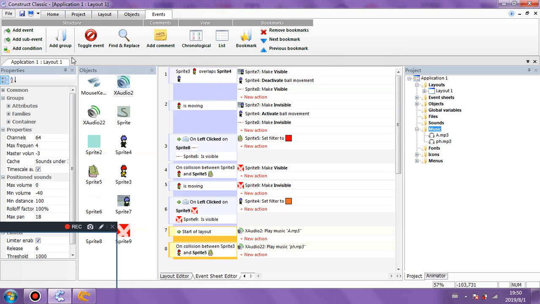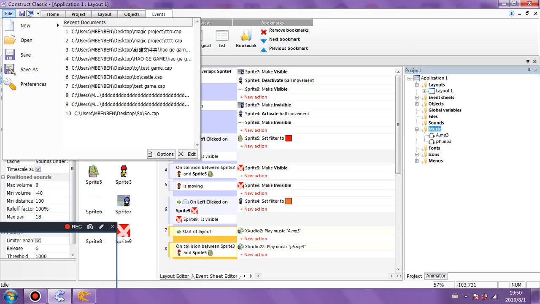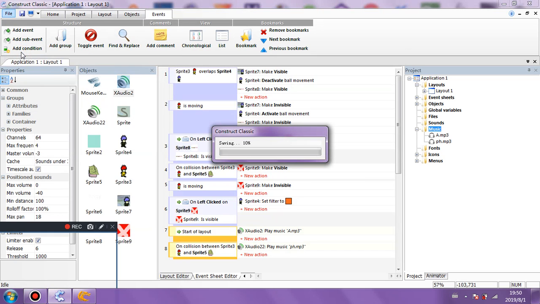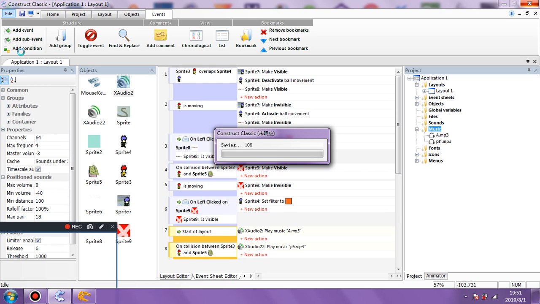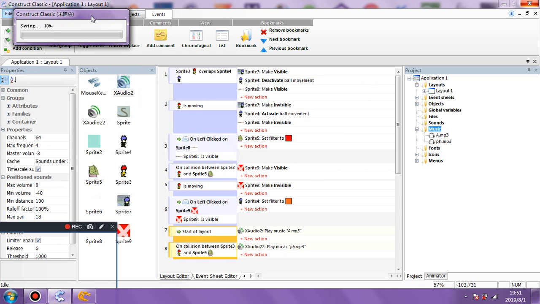So, okay, now we're going to just save it, go to File and Save. You can click on that thing there, I'm just going to go to Save. Okay, and then I'm going to do something in a moment. I'm going to show you something before I actually save the game out and try the actual game. I'm definitely going to take a screenshot of what we've got here, this setup, because that's basically what we need for the most part. I may make another quick demonstration at some point. Taking a bit of time to save there, but it should be alright.